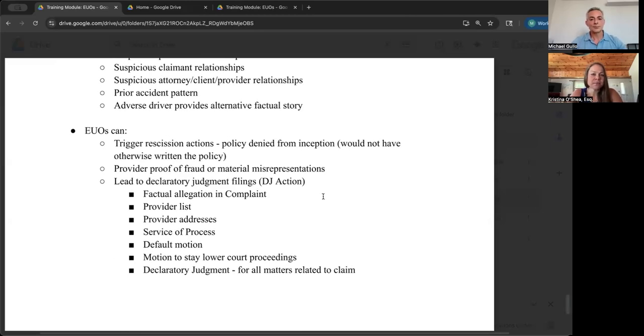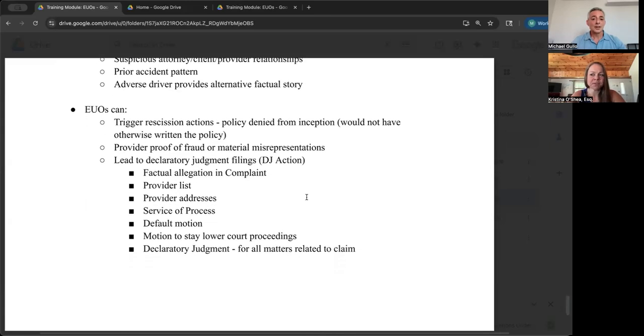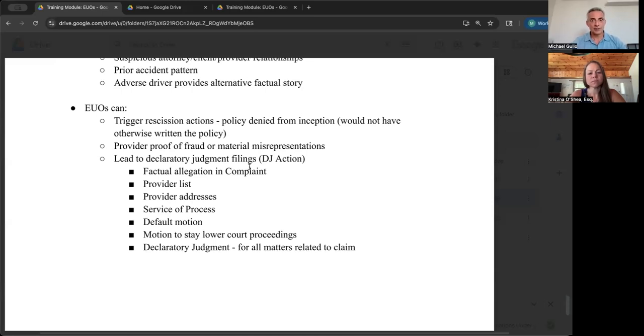I think, as you said, it's just treatment specifics and verifying the claims and the facts of the accident. That's what we're really going for. After the EUO and it's all said and done, these can trigger rescission action, meaning the policy goes back to the date of the policy to cancel based upon material misrepresentations. It's possible. If we do that, say it's a rate evasion claim or something of that nature, we'd like to have an underwriting affidavit saying that the policy would not have otherwise been written